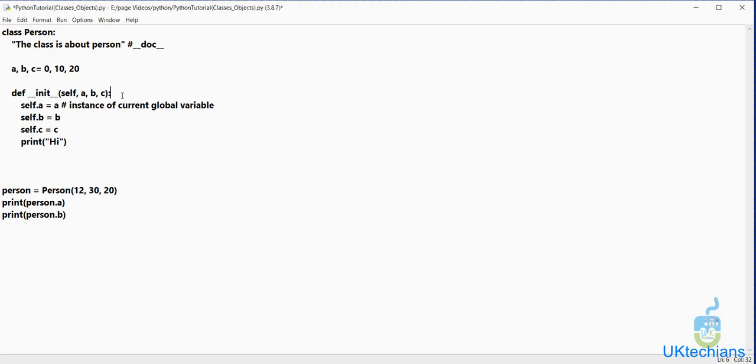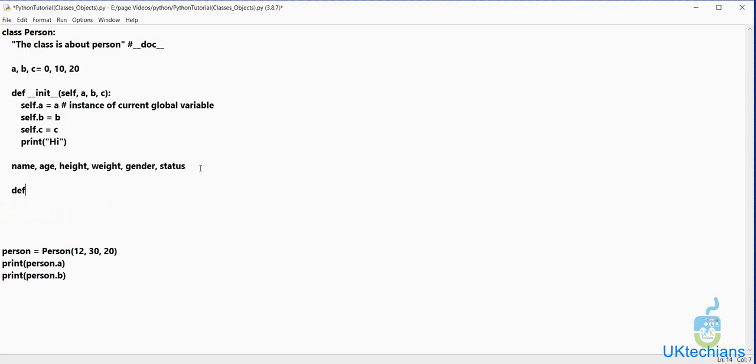So let's say we have to create some getter and setter of the person class. So what we will do, we will say, let's say name, age, height, weight, gender, status, and that's it.